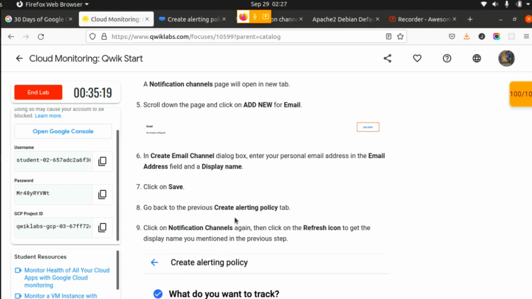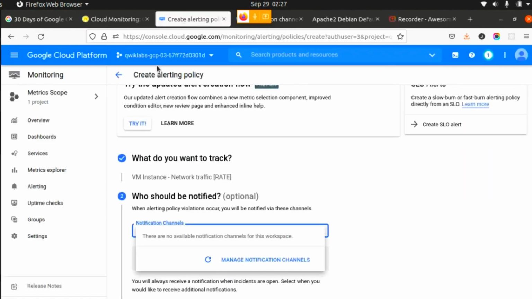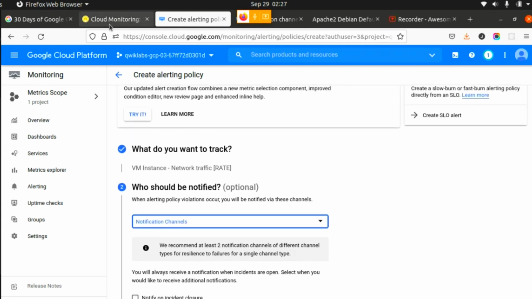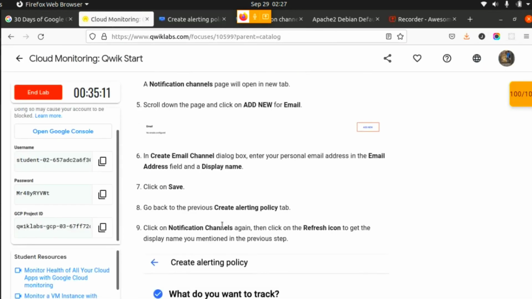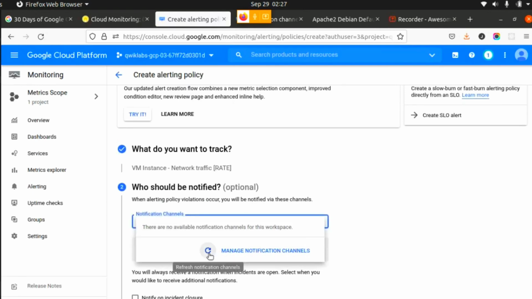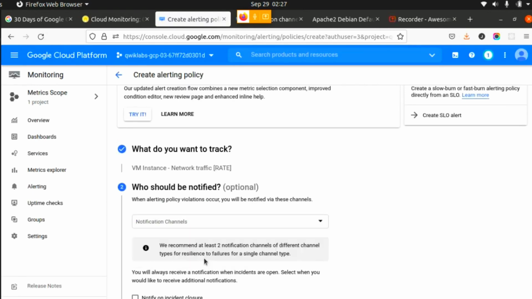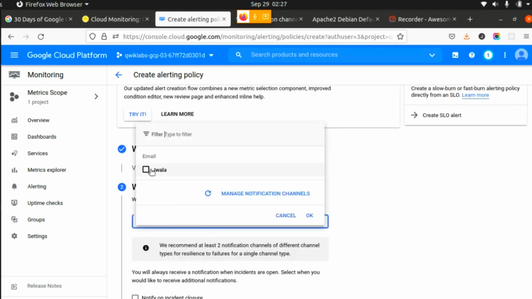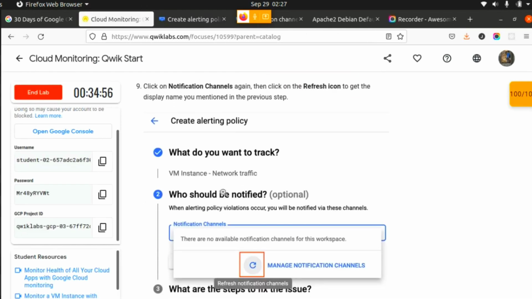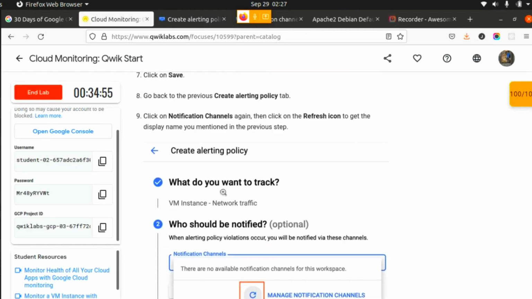Go back to the previous Create Alert Policy tab. Click on Notification Channel, and click on the refresh icon to get the name you mentioned.